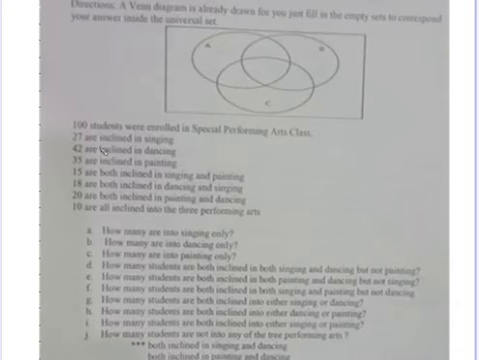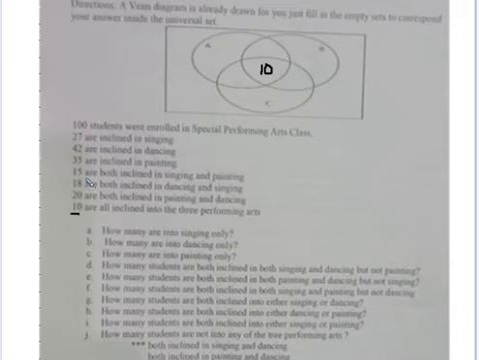So before answering this given question, class, we need to fill the given Venn diagram. The first thing we have to do here, class, is to write the number of elements of all students that are inclined in the three performing arts. So as you can see here, we have 10. So we're going to place 10 here. This is simply the intersection of the three sets here, A, B, and C. Okay, the next one,